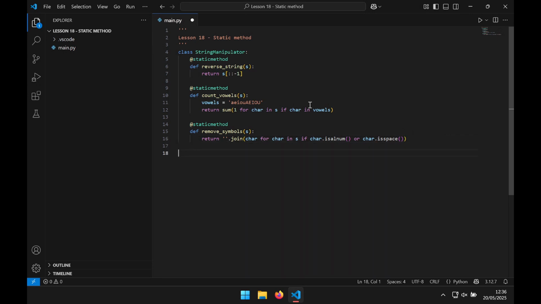And now we don't need to instantiate an object to use this method, so let's create a